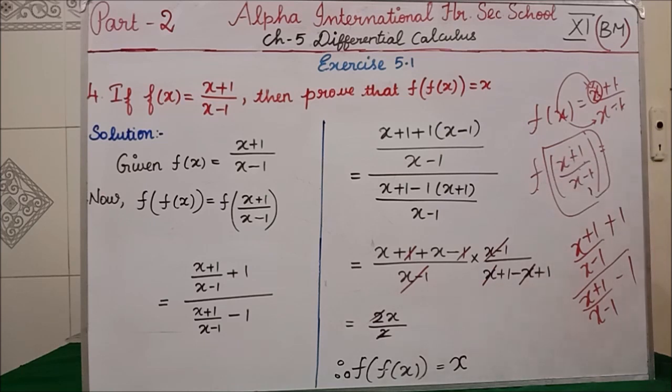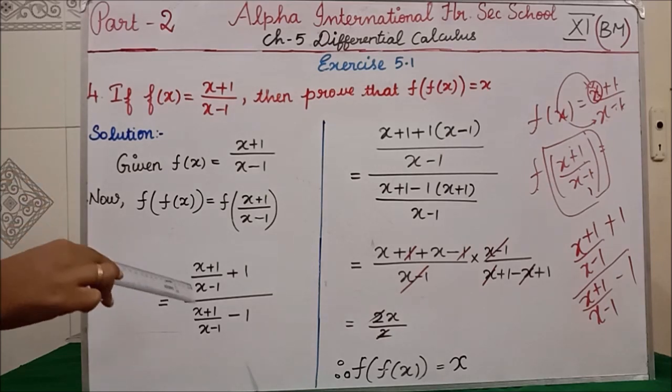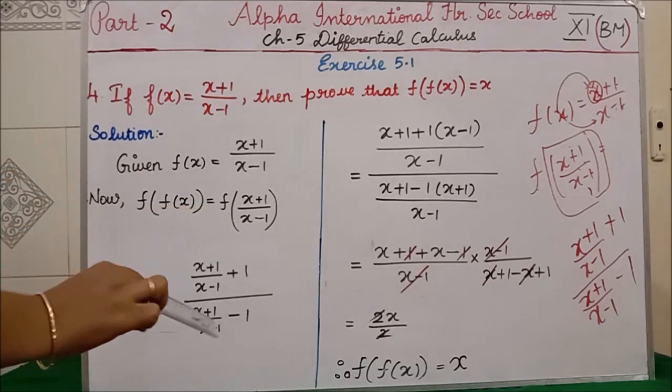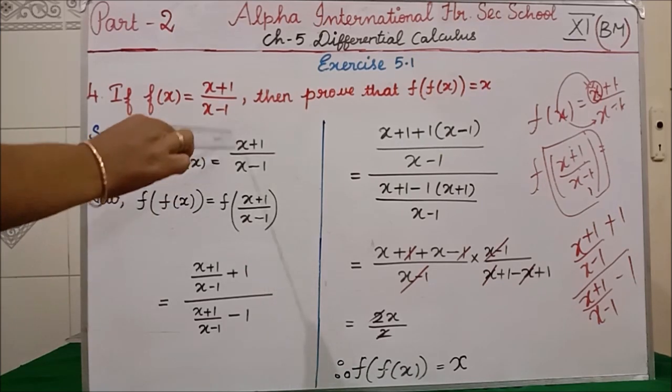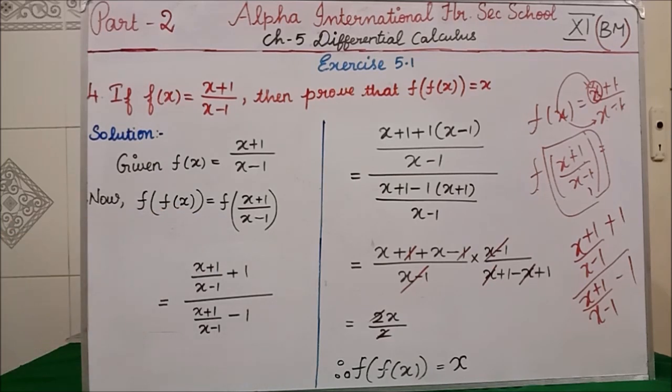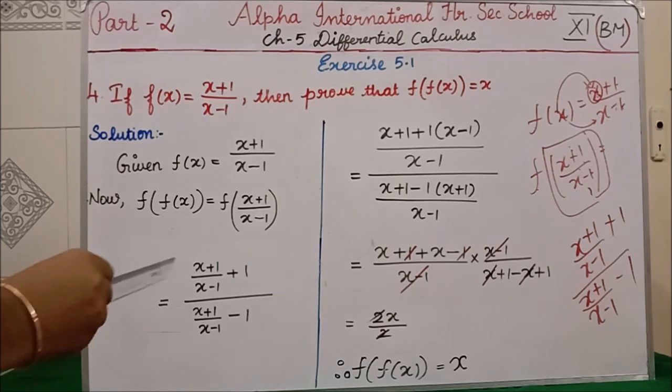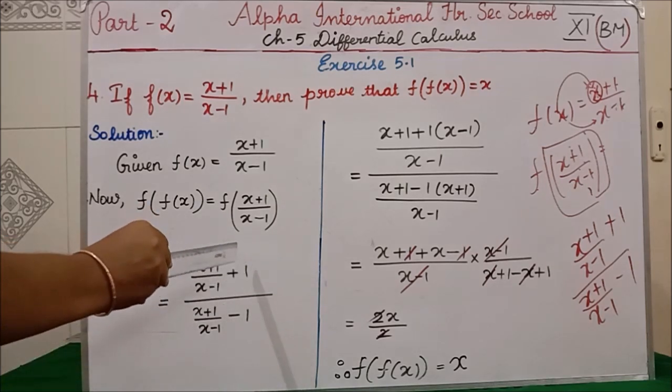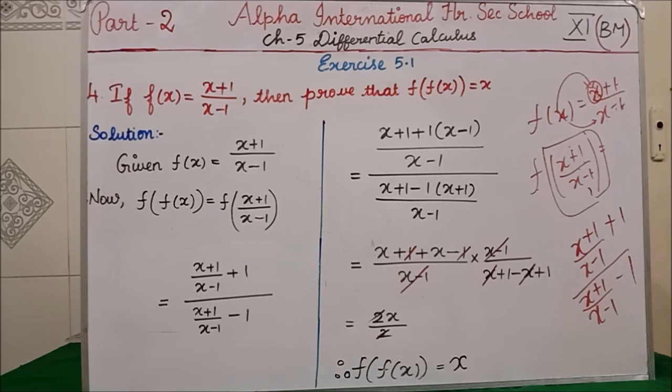The same thing I have written there. If you see what I have written: x plus 1 divided by x minus 1, plus 1, divided by, instead of this x I have written this, x plus 1 divided by x minus 1, minus 1. Clear all of you? Now you see, here we are having numerator and denominator. For 1 we are having only numerator. Which means what? The denominator is what there? 1. You have to understand that the denominator part is having 1.